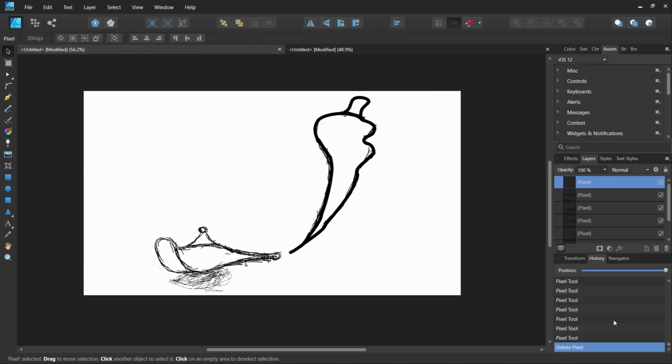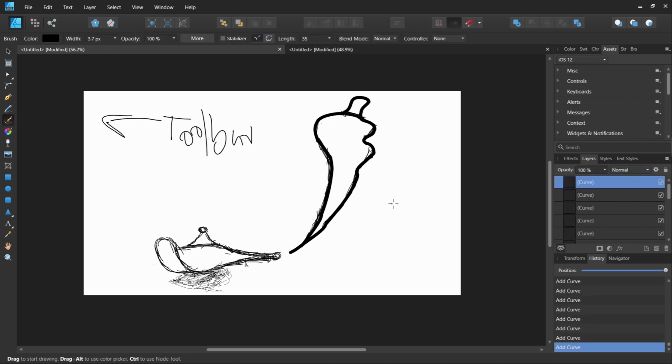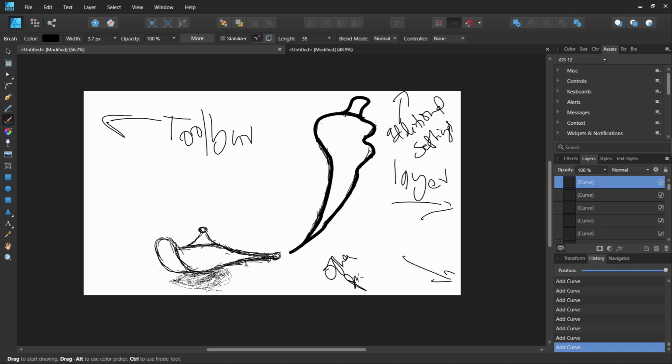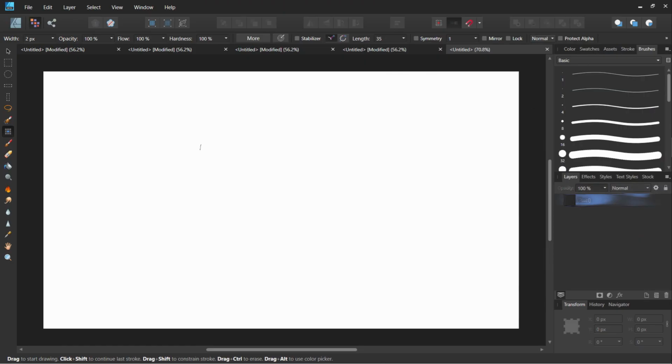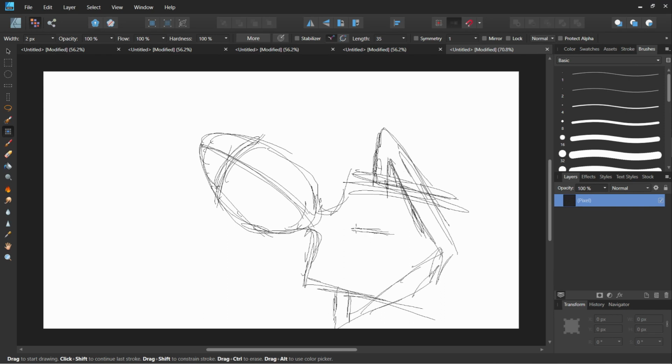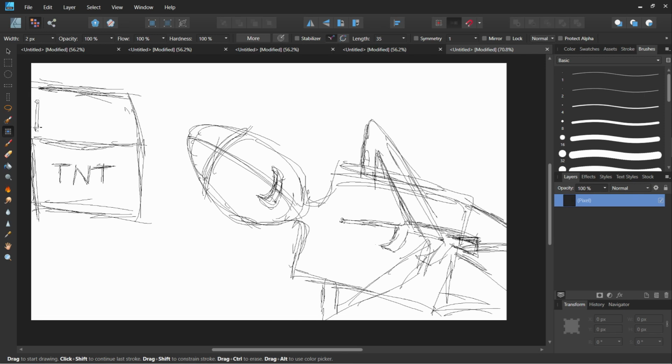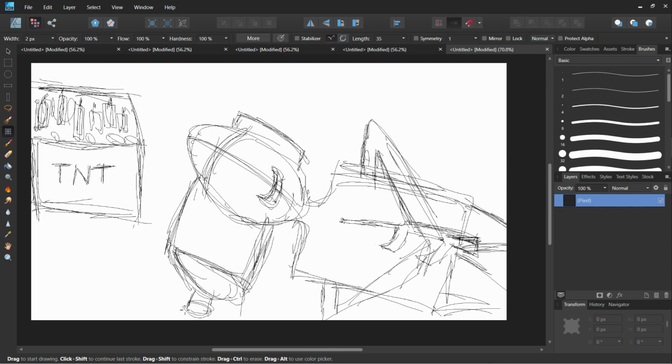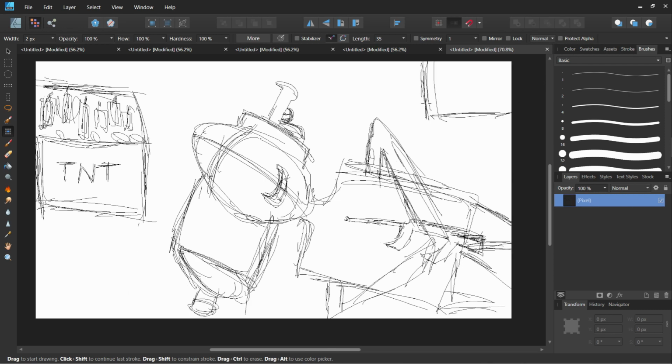Now for the UI of Affinity Designer, it is the same as all other illustration applications. There is not that much of a big difference, so there is nothing more about that. Now for the performance, in my usage of Affinity Designer, I didn't feel any lag or any problem. Everything was very easy and snappy. There is not that much of a big lag or small lag that I faced while using it. So performance-wise, it's very good to use.